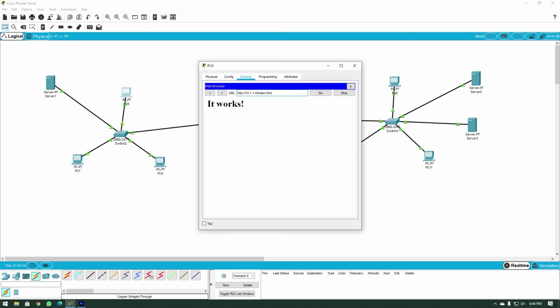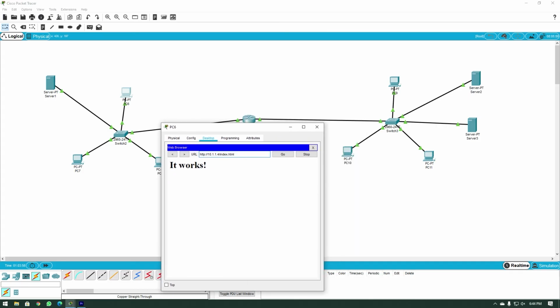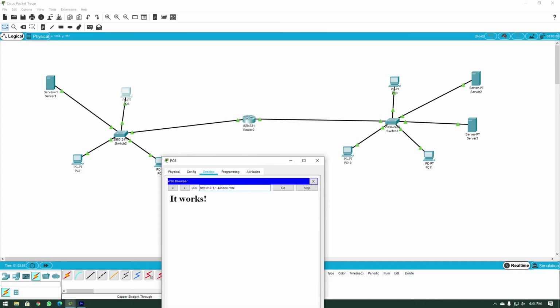It says it works. So a computer over here was able to connect to a computer on a different network through the router, and the computer over here happens to be an HTTP server, and this server is able to serve the page index.html, which we just edited and added it works to the computer over here. And that is so cool to watch.